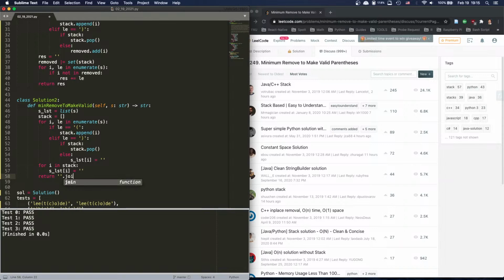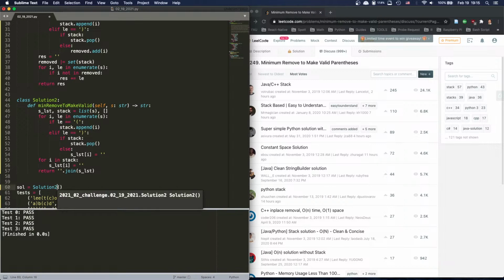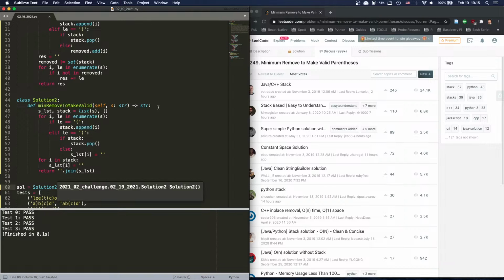dot join slist. And let's make it even more annoying. Put these two in the same line. All right? And we run solution 2, and it passed. Okay, we can say